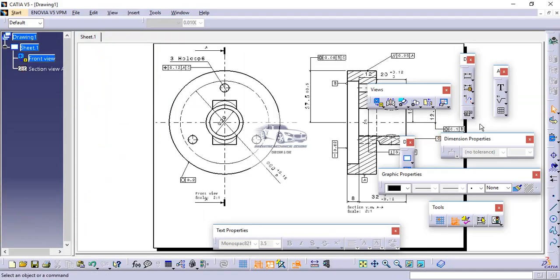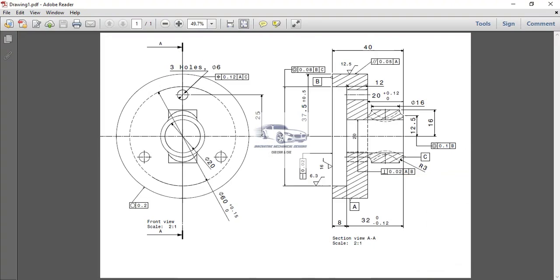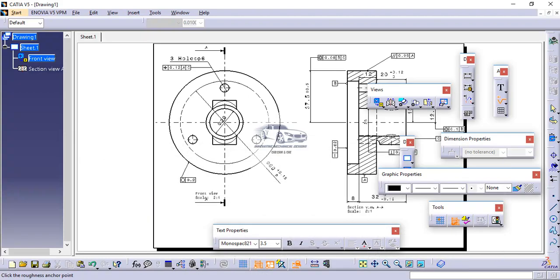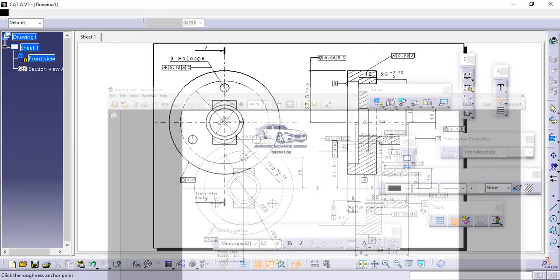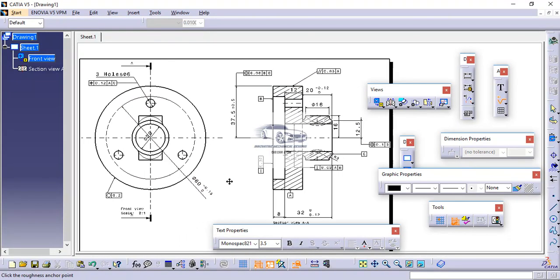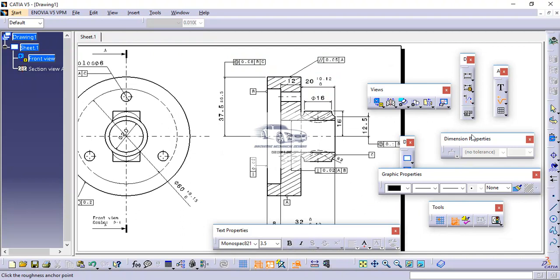So to place the surface finish symbols, it's very easy. Here in the annotation toolbar we have the option of surface roughness symbols. Now surface roughness symbols mostly microns में इनकी value रहती है. Now the first surface symbol is related to 60 diameter. Actually this geometrical tolerance we have to mention with respect to 60.